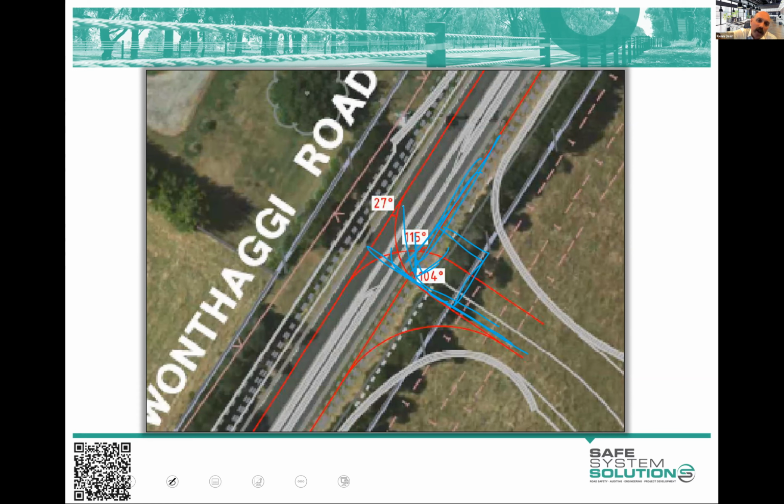Onto the other side of the road, they're probably getting a bit more angle on that. So that's probably just a bit more angle there. A bit of that energy will be dissipated out. So maybe I'm talking 50 kilometers per hour here and 60 kilometers per hour here as our tolerable speeds on those different crash types. And we're going to be trying to get below that.